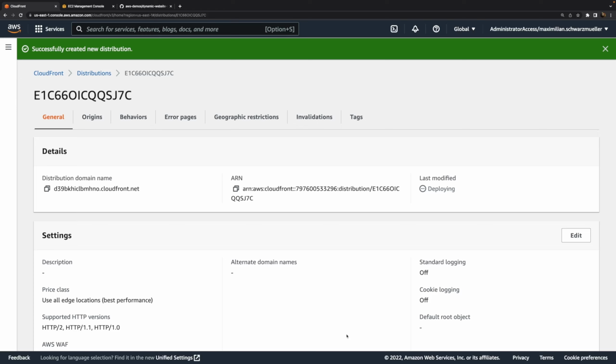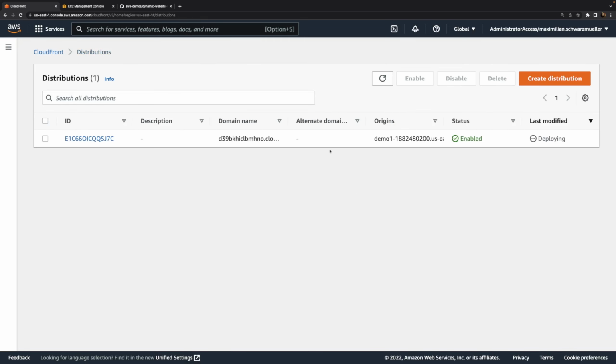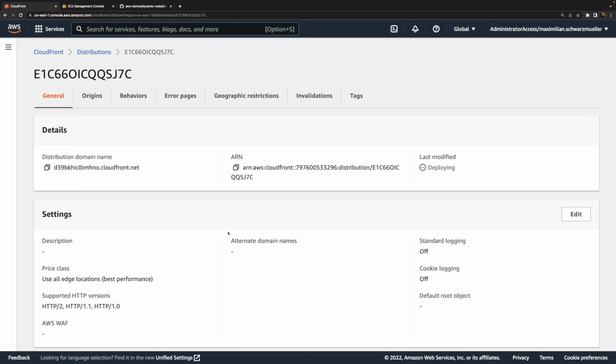Otherwise, that cached response will be returned to us, and therefore for most visitors, our content will be returned faster than it would otherwise. So let's wait for this setup to finish and for this to be deployed, and thereafter let's see it in action.